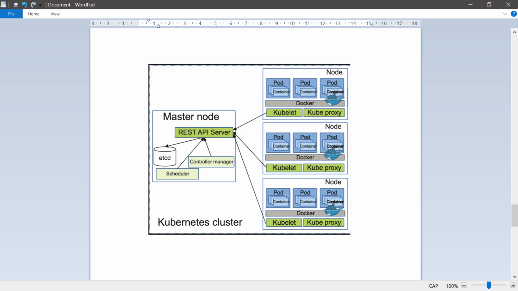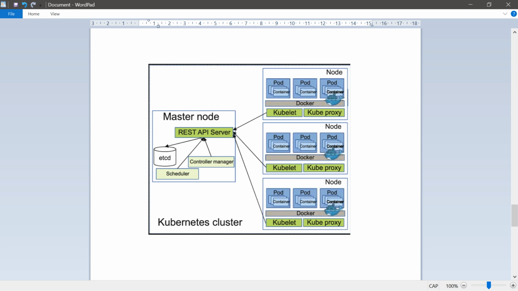The API server is the communication hub for all cluster components. The whole diagram is the Kubernetes cluster. Every component in the Kubernetes system makes a request to the API server.